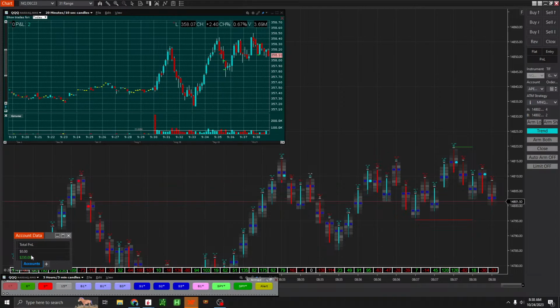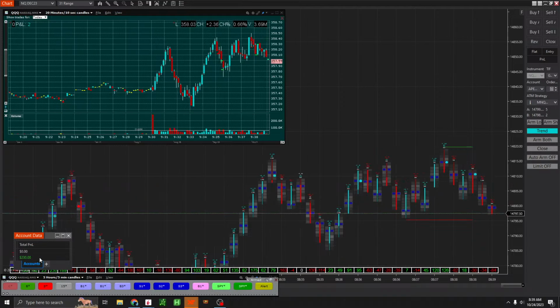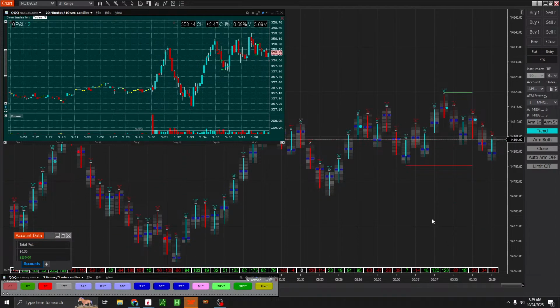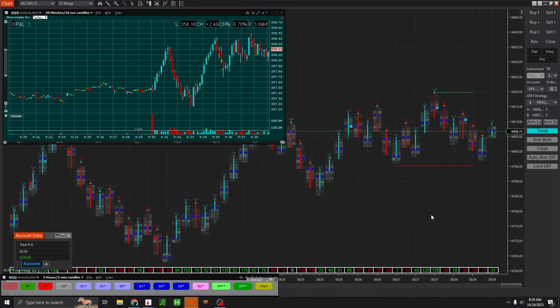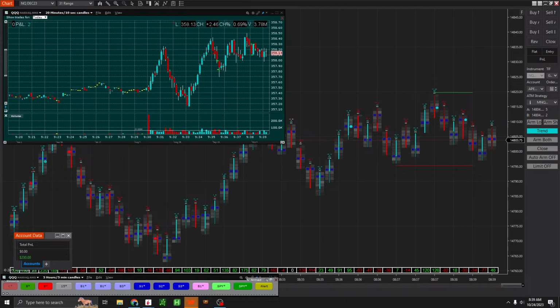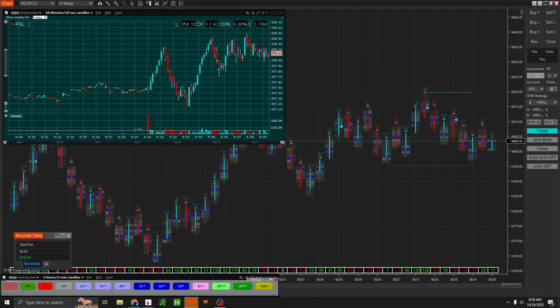This is going a lot better than yesterday, obviously. I think it is kind of important. These green and red lines, this is from polarity. I don't actually use polarity, but it does mark out kind of resistance. I don't even know how they calculate it, but it is a good visual guide for it. Now that we're waiting for the news in 5 minutes, I'm not gonna take a trade.